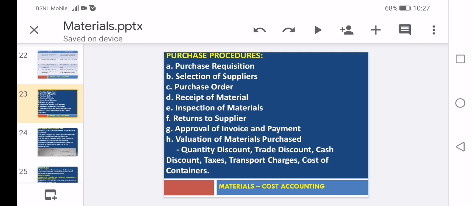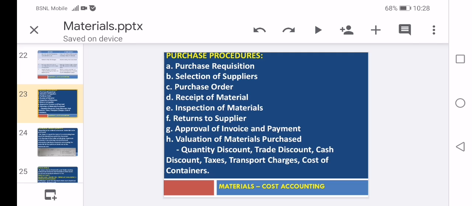What is the discount in terms of quantity? Example, if you buy 10 cartons of some X product, 11th carton is free, means buy 10 get 1. But 11th one is free. That free quantity is mentioned in the invoice, but it is not part of the total amount. So while valuing, number of units are more and the value is mentioned only for certain units. So valuation value changes.